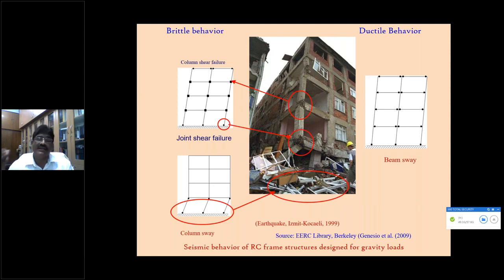Now the scenario, the trend, has changed. The loads are changing now. All the buildings constructed according to the gravity load system now need to face the changes in the loads. That means ground motions or windstorms, or maybe blast loading. So due to this change in the loading system, the existing system, which was designed for gravity loads,